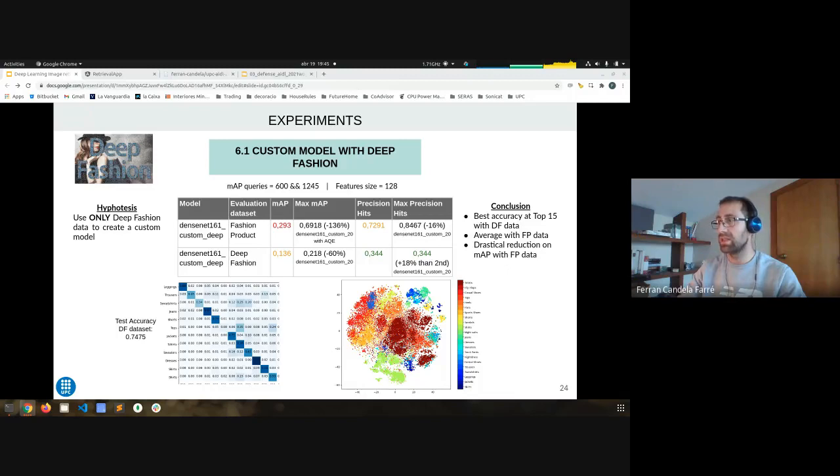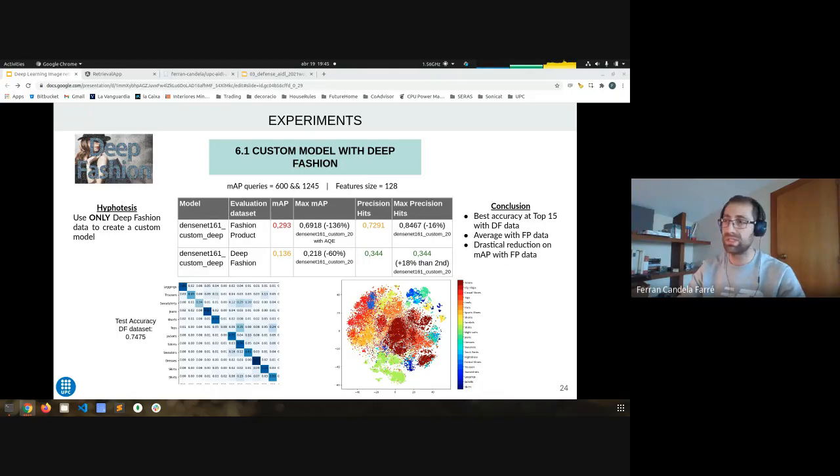The new model does not improve when we evaluate with Fashion Product, except in the average precision hits. But we get the best accuracy at top 50 with DeepFashion images, which is normal because we used DeepFashion to get this model. So we obtained the best model that we have with real-world data for top precision. On the other hand, we don't have a good mAP, which is also a relevant metric